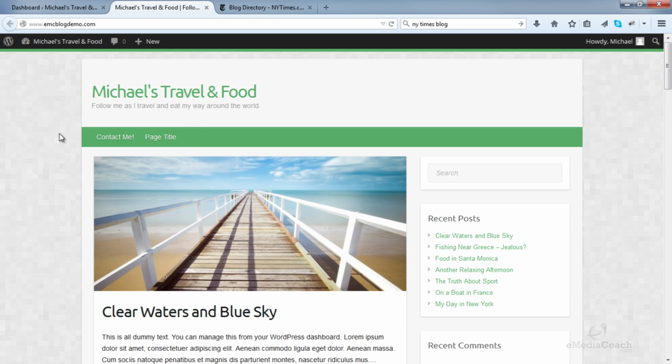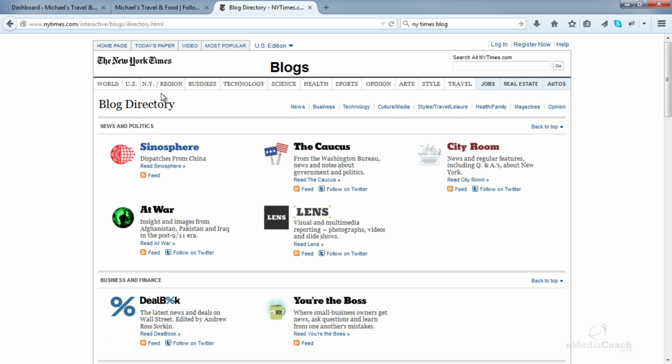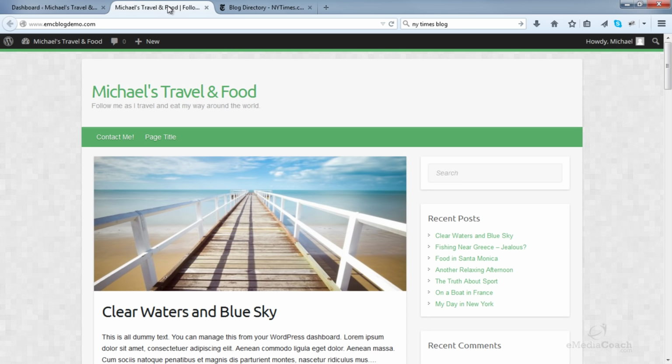Now I'm going to show you how you can set up your custom menu area. As you can see right now, there's not much here. And I did promise you that your menu will look similar to something like this, where you would have your categories listed at the top, and then users would be able to click through to that category and see any post that is part of that category. So I'm going to make good of that promise. I'll show you how to add your categories into this top menu area.